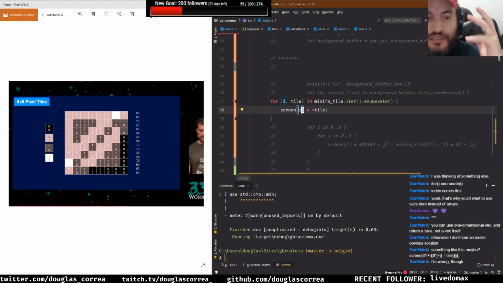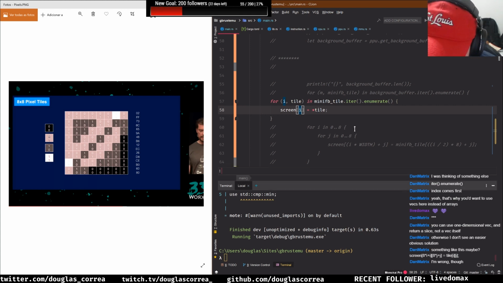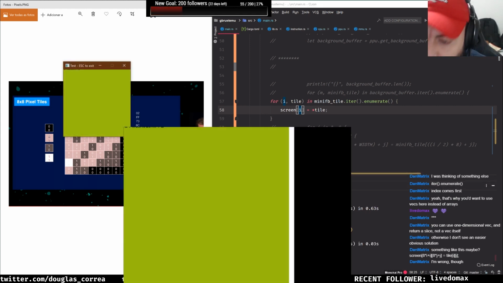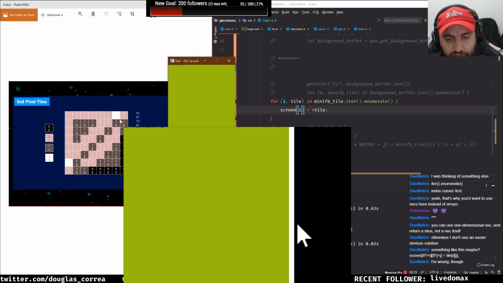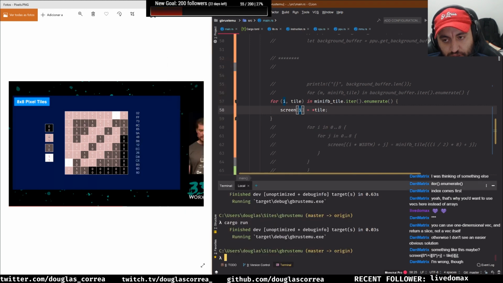Because now we have our pixels. No, yeah, okay. So right now, our pixels are, instead of being like this in our minifb tile, it's continuous. So